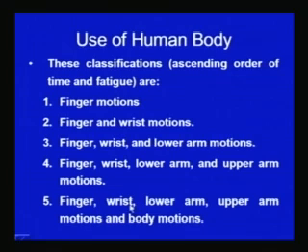And when the finger, wrist, lower arm, upper arm and the trunk are also used to carry out the body motions, then it falls in the classification 5 category. If the motion is carried out using the lowest possible classification, that is the finger, then it will cause the minimum fatigue, and the maximum fatigue will be experienced when the highest classification of the body parts is used for